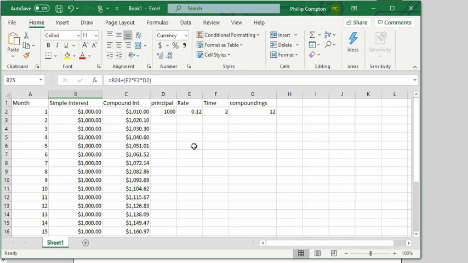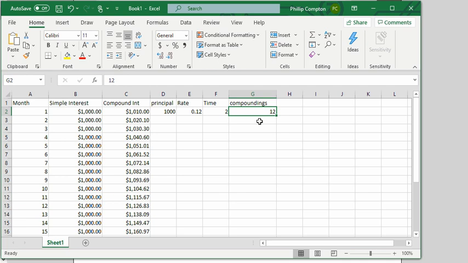It's ridiculous. So you're not going to get rich by putting money in the bank. You've got to find someplace else to put it. We'll talk about that later on. But if you were to put money in a bank at 12% interest, and they were compounding it